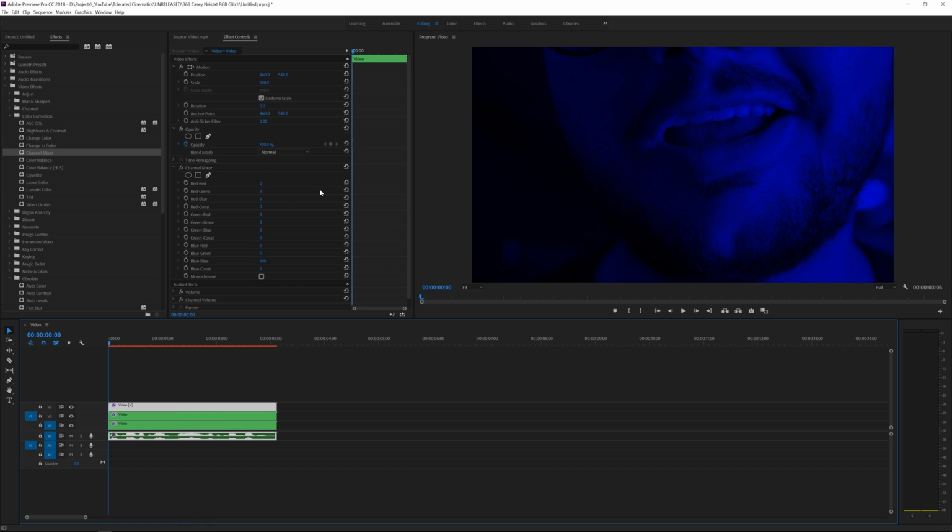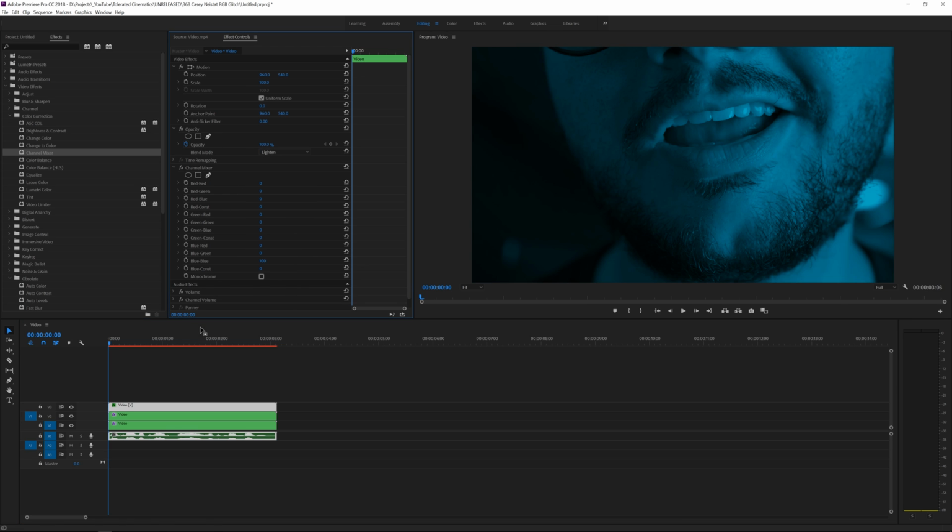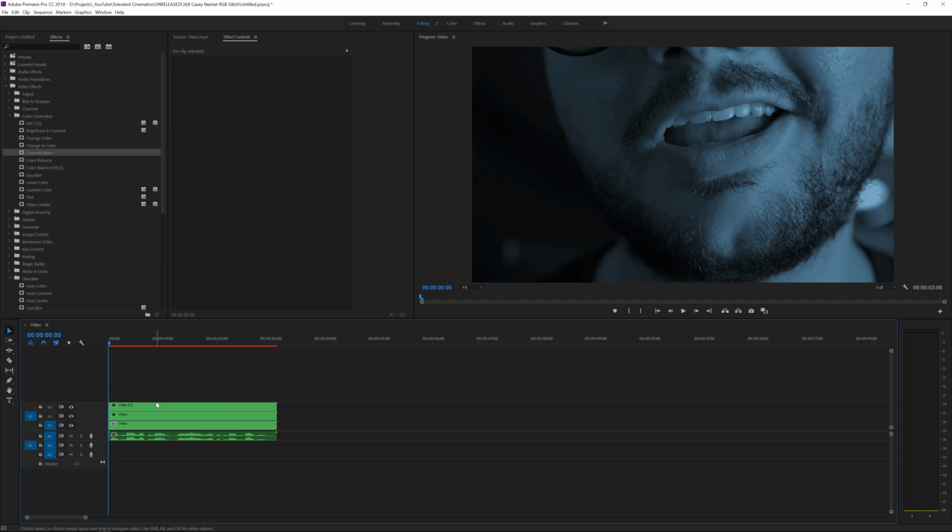Of course, we want to blend them all together, and that will create our original colors. We can do that by going to the blending mode for the opacity here and change it to lighten. Do the same thing for the second layer right here. Set it to lighten. Okay, so now we have our original colors back, but now we can do some really